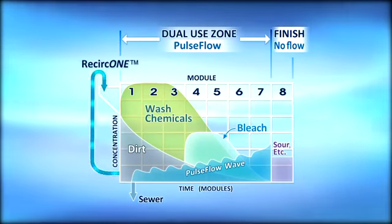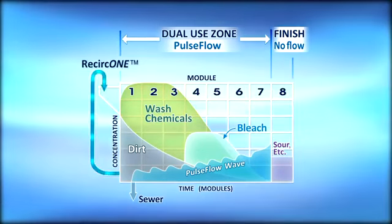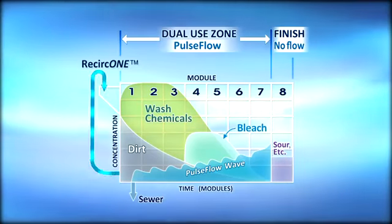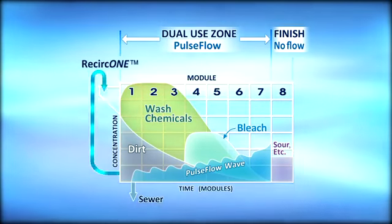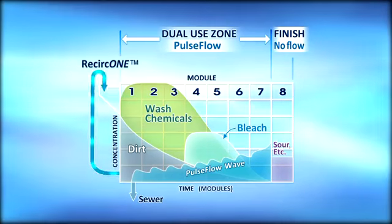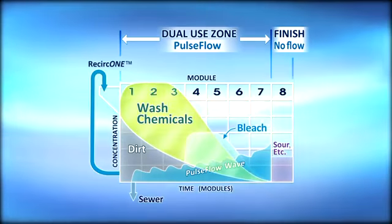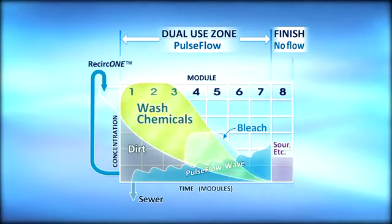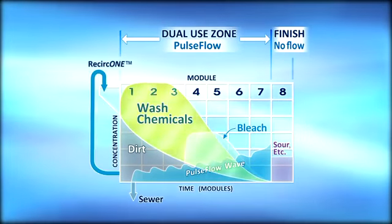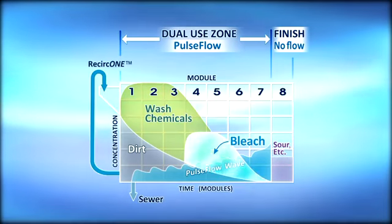Recirc 1, a pump arrangement in the first module, is an important part of PulseFlow technology. It turns Module 1 into a working module by thoroughly wetting the linen and infusing chemistry. With Recirc 1, chemical concentrations quickly reach the proper levels, and equilibrium is rapidly achieved. PulseFlow Standing Bath keeps the chemistry levels where they need to be through Module 3, thus getting the washing work done quickly. Because of PulseFlow's Standing Bath washing, bleaching effectivity is also enhanced, as shown by the flat curve in